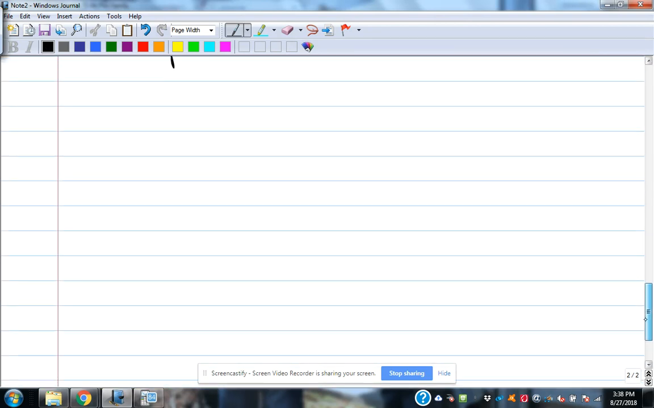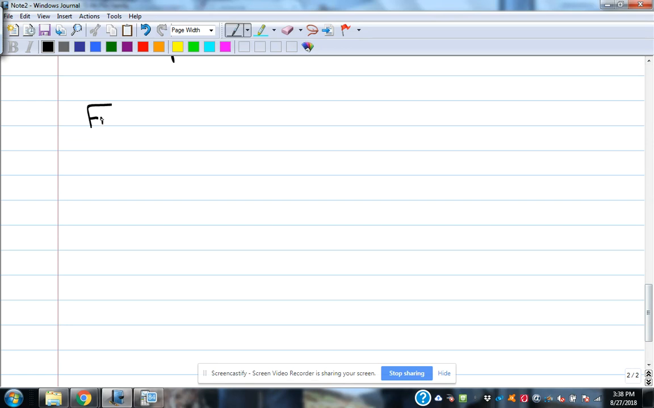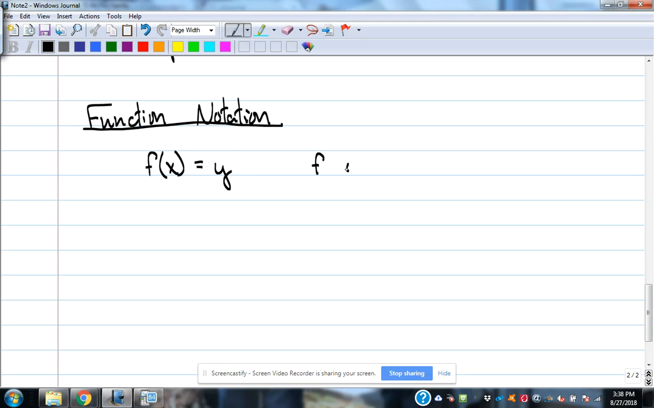Next kind of subtopic in the same section is function notation. All right. Function notation looks like this. F of x is how that's said. It's the same thing as y. That's how you read that. It's not f times x, it's f of x when you're talking about function